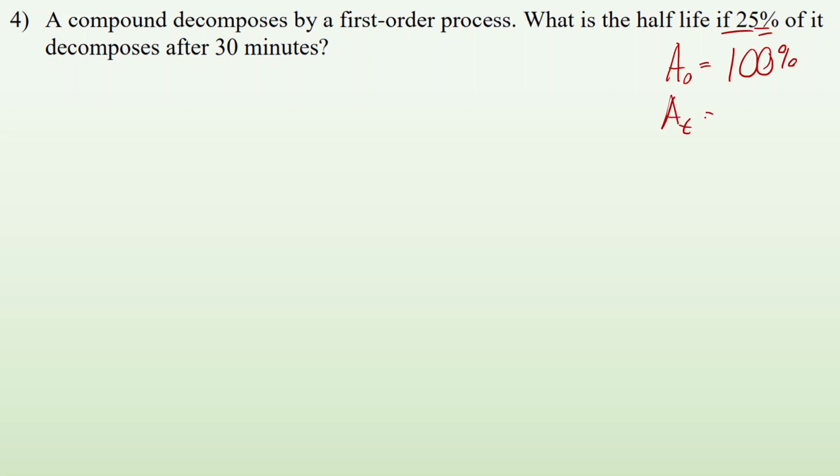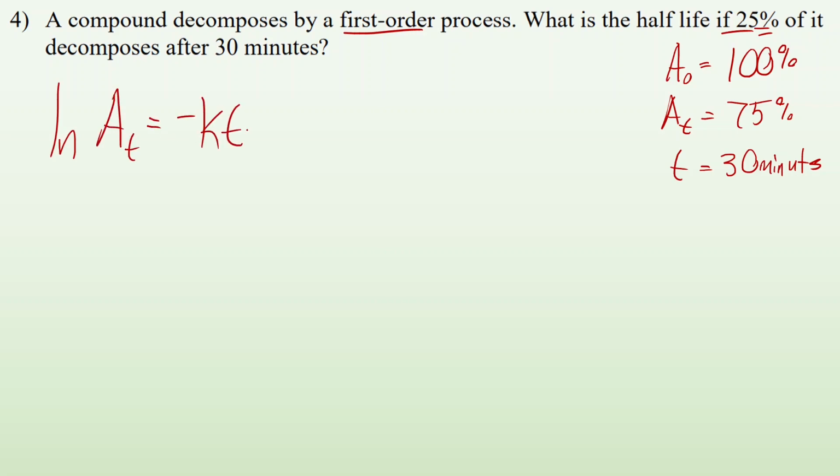So the amount at some time is 75%, and my time is 30 minutes. All right, now they tell me it's first order, so that tells me I'm going to have to use this: the natural log of the amount at some time equals negative kt plus the natural log of the amount that I started with. Now if I'm dealing with half-lives, it's helpful to remember this equation, that k is equal